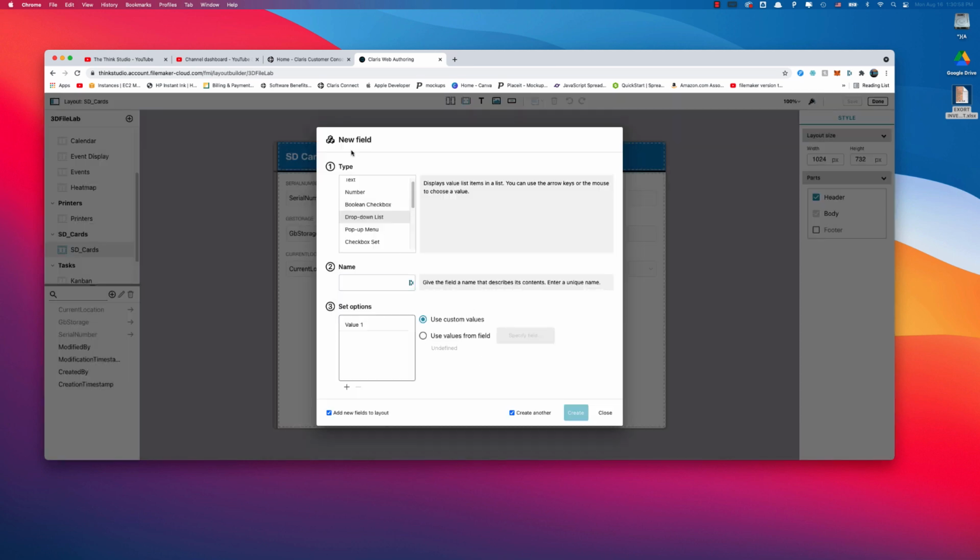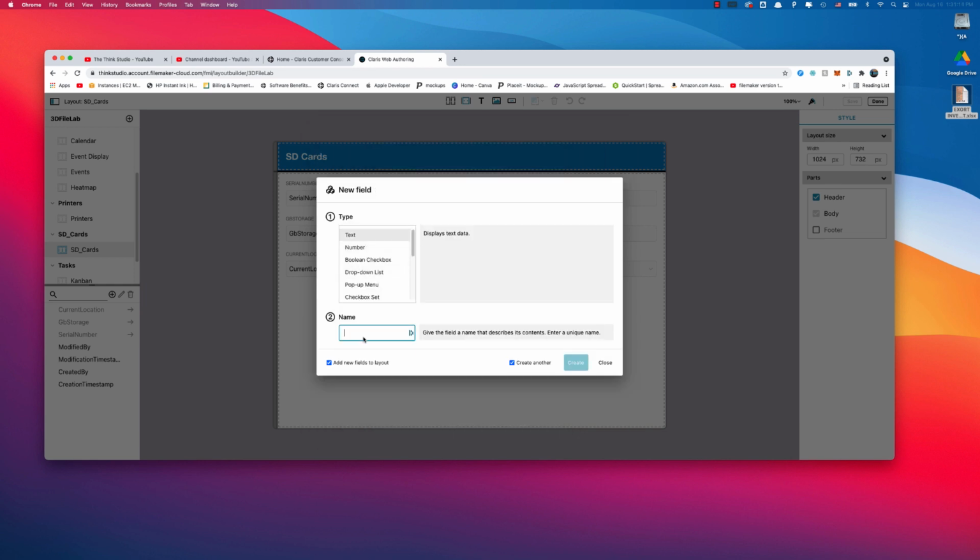What other things would I like for the SD card? We got the serial number, gigabyte storage, current location, and then probably, if I was trying to look for this and let's say I don't have any other way of knowing what I'm looking for, I can say color SD card. I'm going to click create that one,